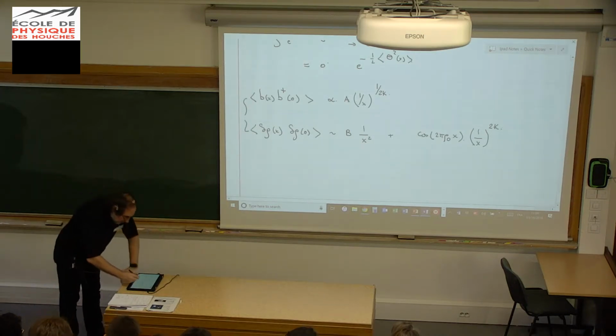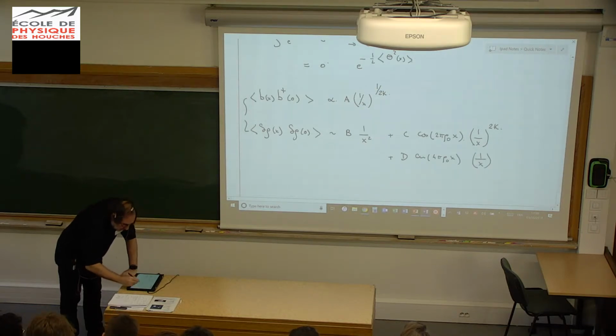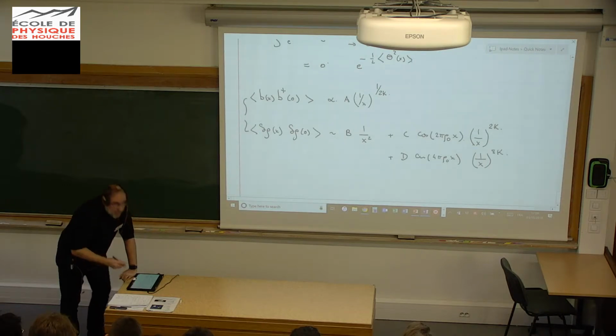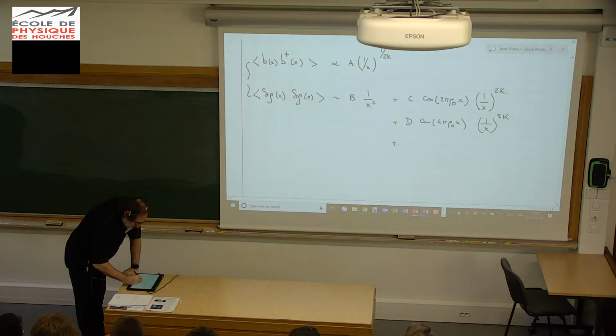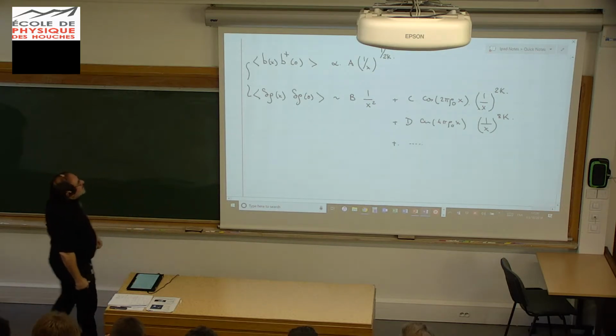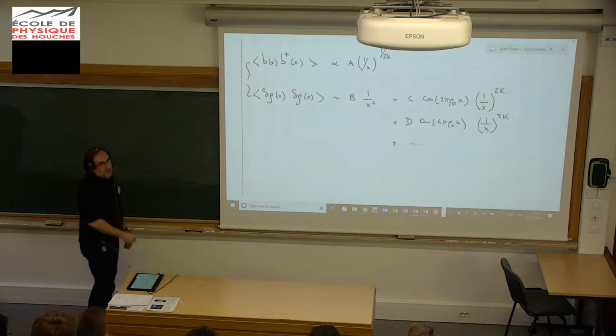And you can go further. Of course, there are the higher harmonics. You could write a cosine 4 pi rho 0 times x, and this time it decreases with an exponent which would be 8K, and so on and so forth. So you see that this is very strange behavior. This is a behavior where the system